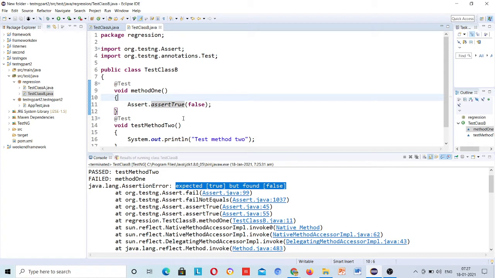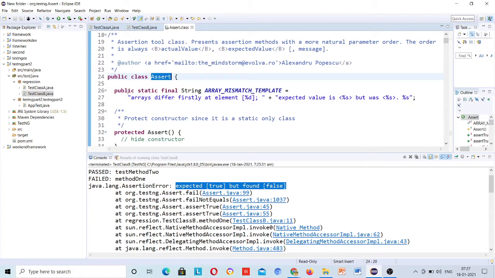So here I just call this class name dot method name. If I control-click, you can see it's present. Public class Assert, public static final.